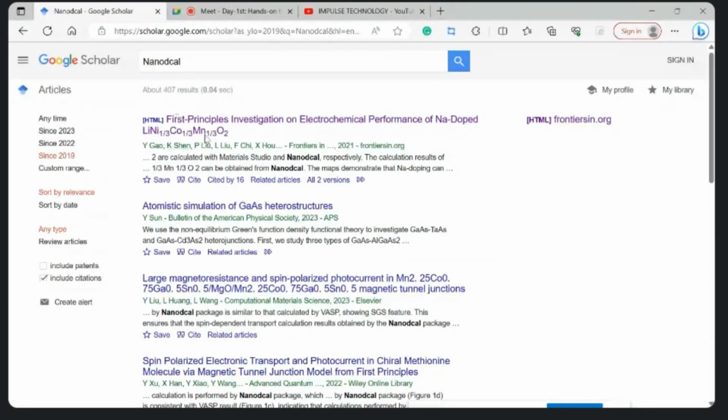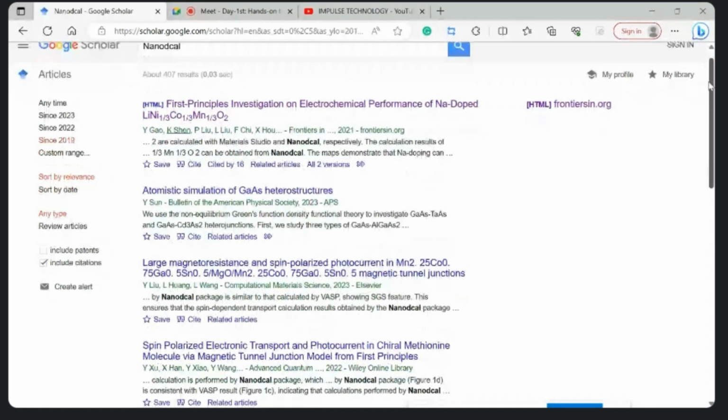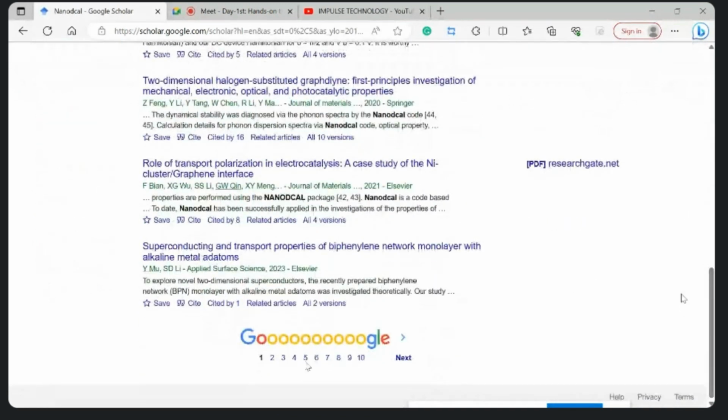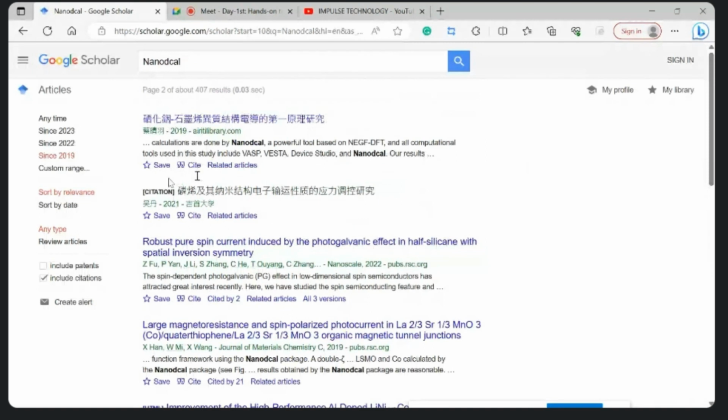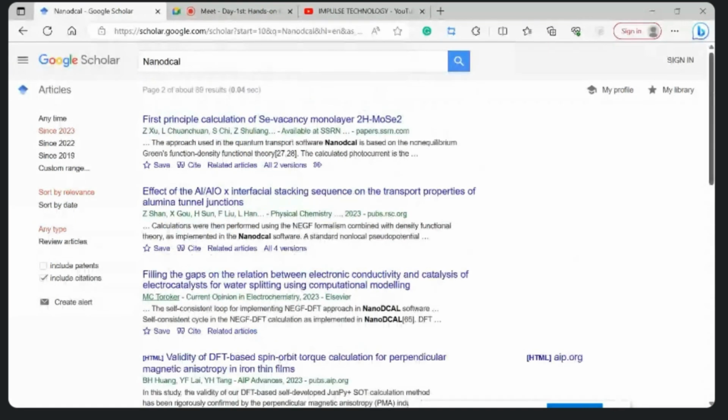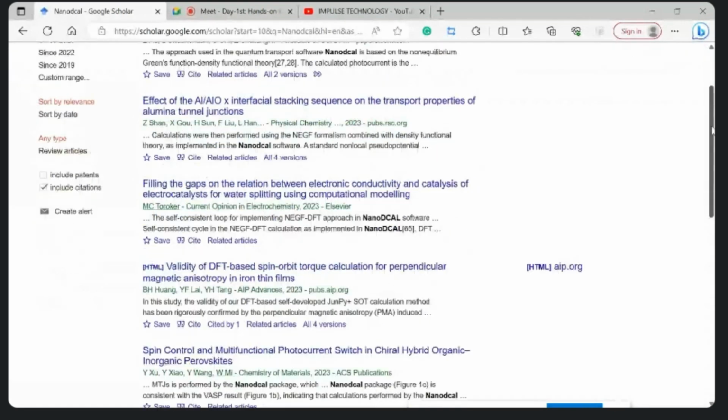In this Google Scholar, you can see I typed NanoDCAL, so you can find a lot of papers. You can go down, there are so many pages at the bottom. These are all recent papers. If you want the recent papers from 2023, you can see these are the 2023 papers. These are all the latest papers,